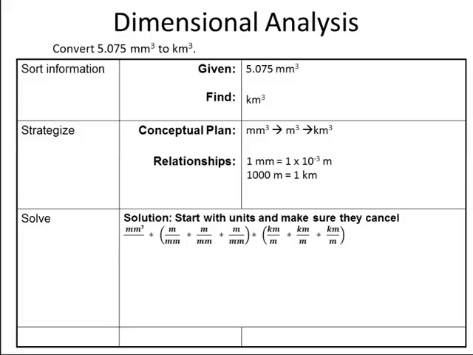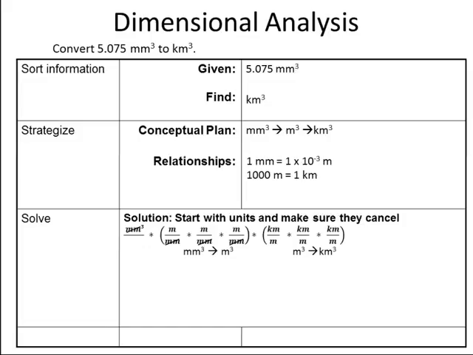All right. The reason for that is when I put my numbers in, I can see what numbers have to be cubed. Doing it this way makes it a lot easier to see. If I just had millimeters squared, I'd only do it twice. If I had millimeters to the fourth, I'd do it 4 times. Okay, so just showing these units canceling out this way is going to make the calculation a lot easier. All right, so in looking at this, I'm going millimeters cubed to meters cubed in the first part, then meters cubed to kilometers cubed in the second part. You can see on the bottom I've got 3 millimeters. When I take millimeters times millimeters times millimeters, I get millimeters cubed, which will cancel out with my millimeters cubed